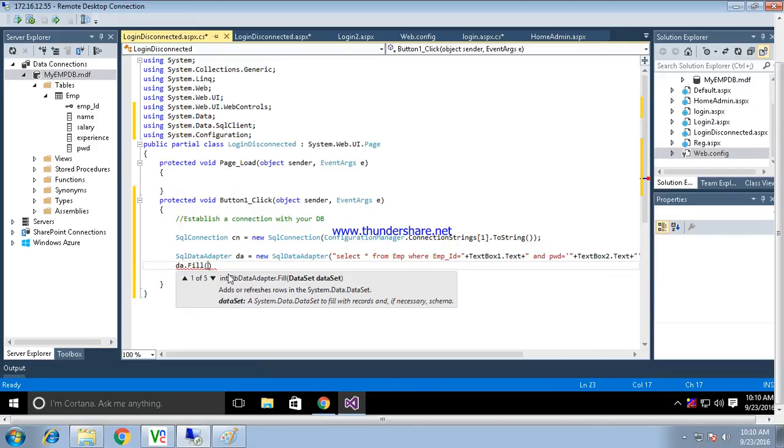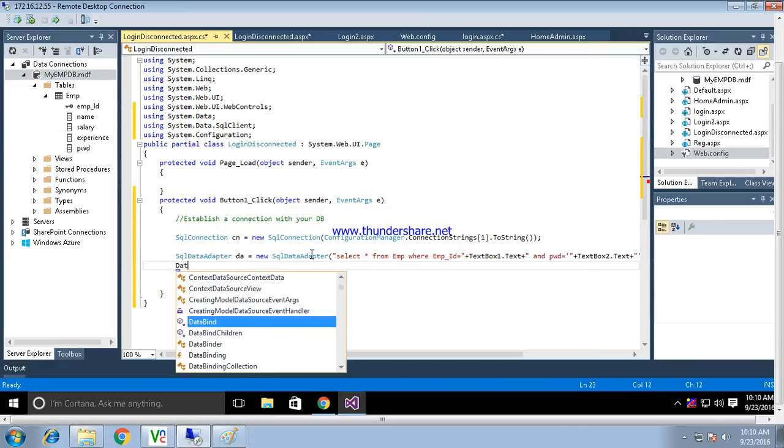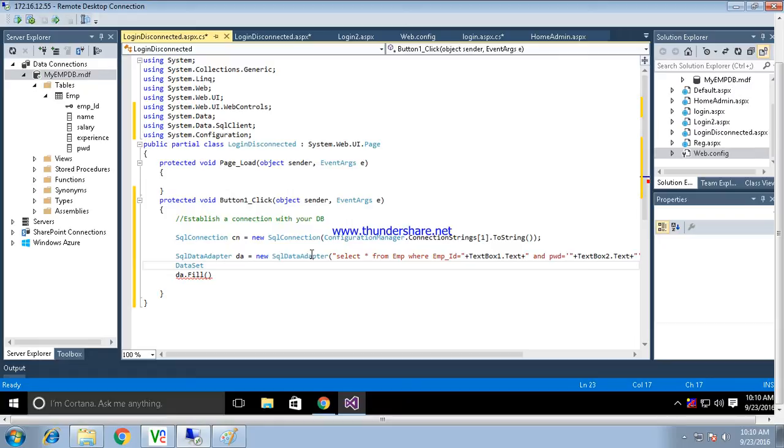If you see this syntax over here, the parameter is the data set. But before that, I have to create the object of data set. I have already told you that the data set is a separate entity. It doesn't have any relationship with a provider, so I can individually create the object of data set. I don't need to use any prefix. So it will not be SqlDataSet.